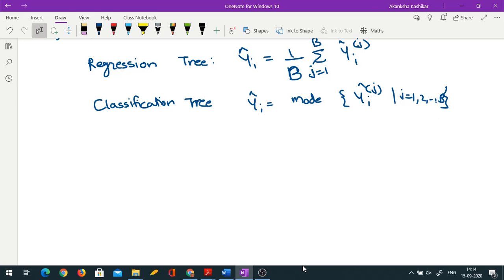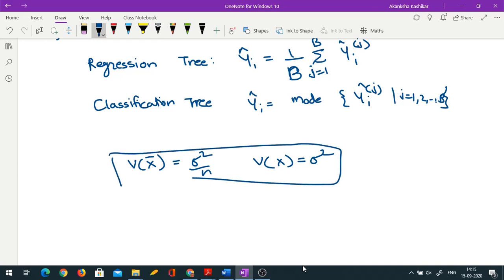So it's something like that. Of course, it does improve things up to some extent. How? Because again, when you take the variance of x bar, it is sigma square by n, whereas the variance of an individual observation is always sigma square. Okay, this I am talking about in the IID setup, nothing to do with trees or whatever we are doing currently. In the IID univariate setup, this is the case.